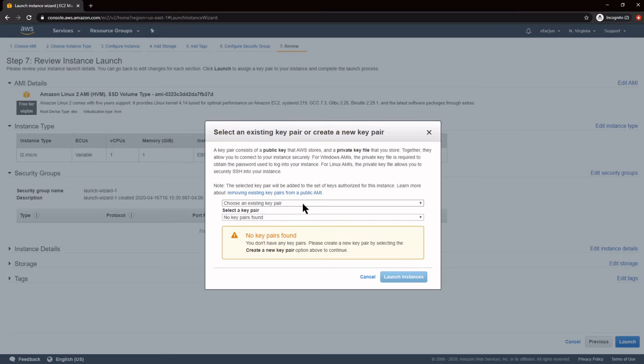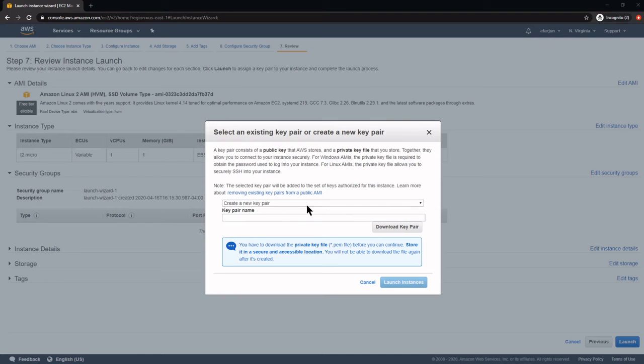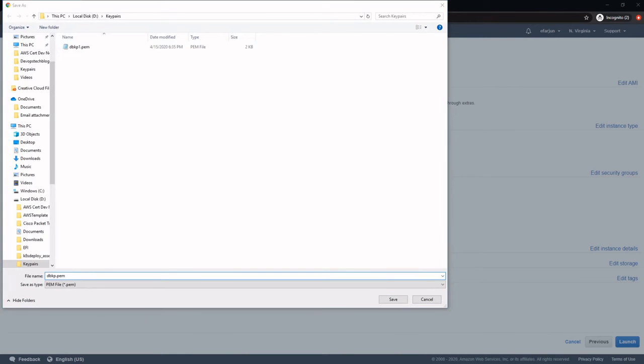And I'm using a Windows machine, so depending on if you're using a Linux, a Mac, or a Windows machine, this process might be different. So I'm going to go ahead and click Create a new key pair. I'm going to name it DBKP, download it, and make sure you save it in a safe spot. So for Windows, it saves it as a PEM file, but we're going to need to change that, and I'll show you how to do that in a second. So go ahead and save it,